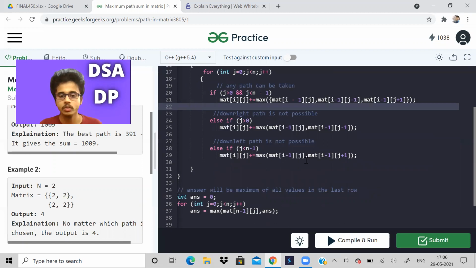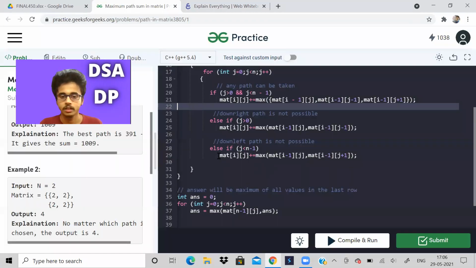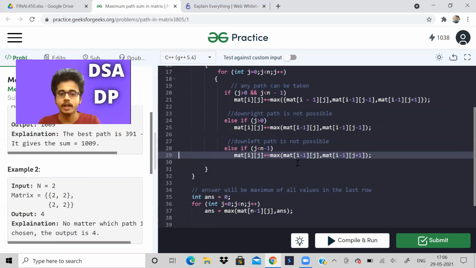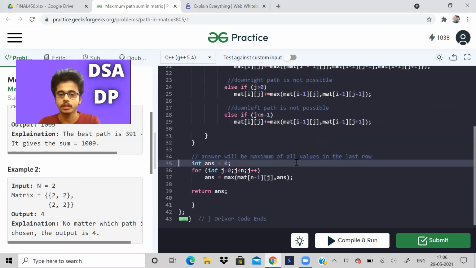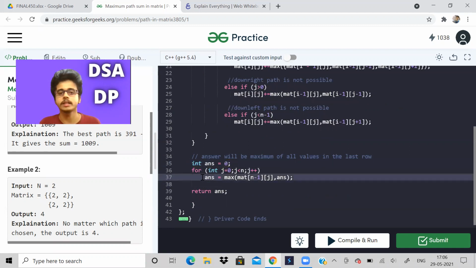Similarly, if j is equal to 0, we can't come from the left side because there is nothing. It is not a valid cell. So keep updating the matrix values like this. Then take an answer variable and find the answer. The answer is the maximum value in the last row, all these values.